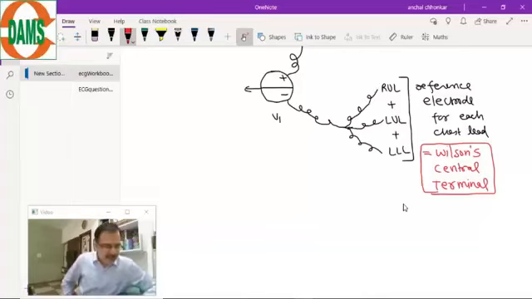In the different electrode, the exploring electrode is the position of the placement of the chest lead, and this is the reference electrode for each Wilson central terminal. It will go into the negative pole.